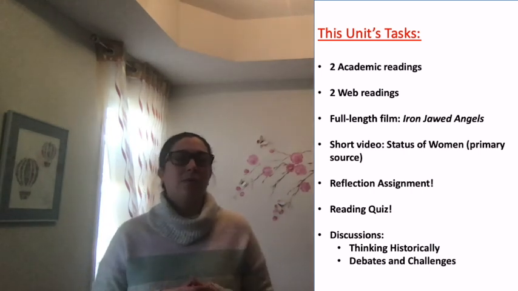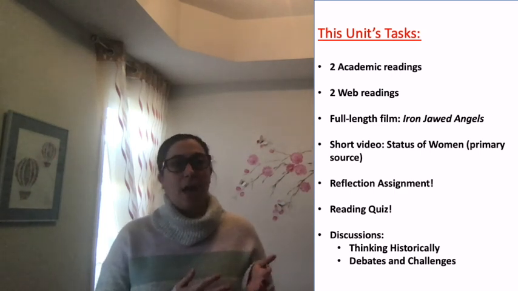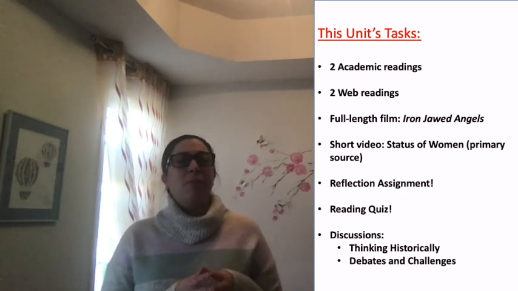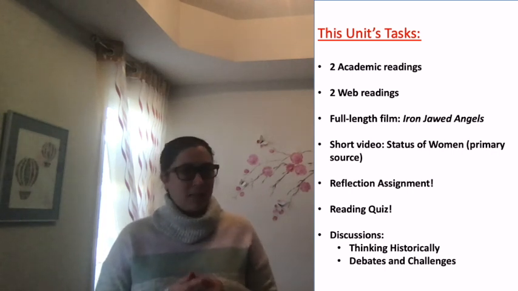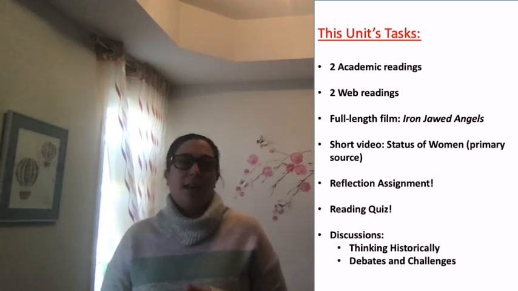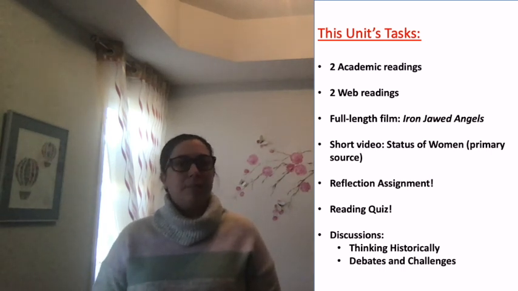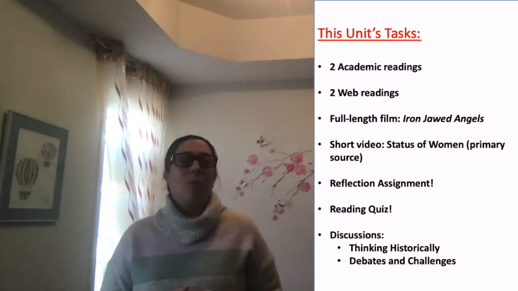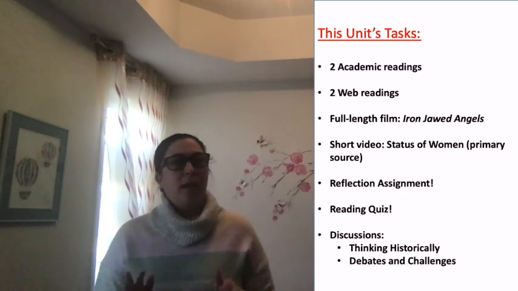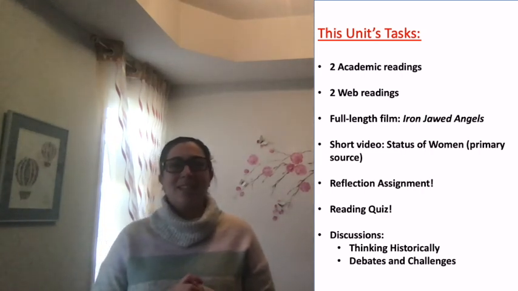And then we have a short video that is a primary source, so a video from the time that deals with the report from the Royal Commission on the Status of Women, which occurred in Canada, as we talked about, end of the 60s to 1970. So there will be a short reading if you don't have background on that, and you'll watch the short video. It's one of my favorite from the entire course. So hopefully that will lead to some good discussions.